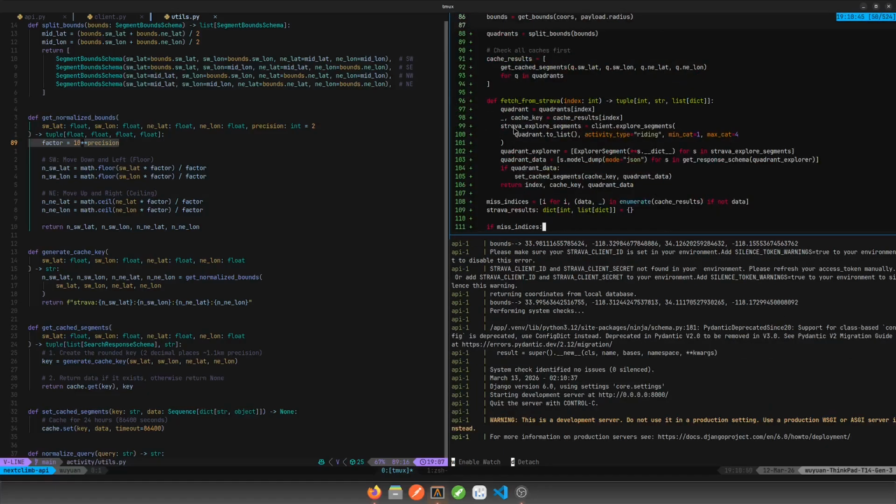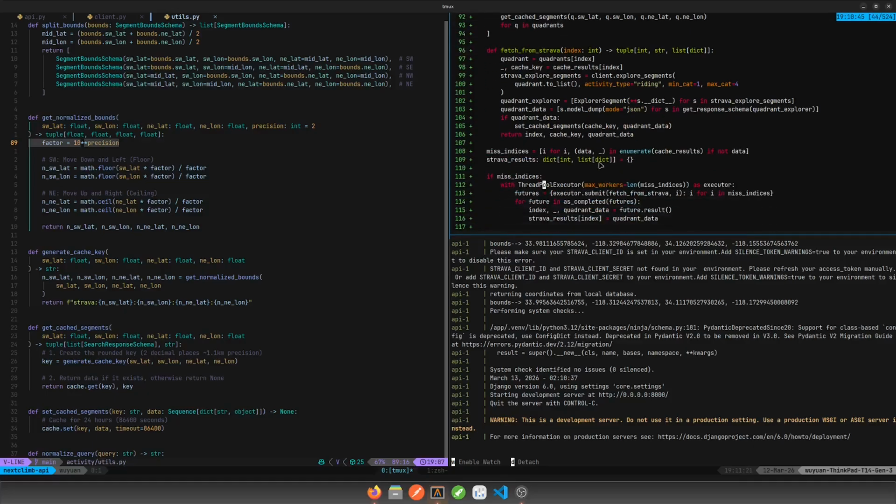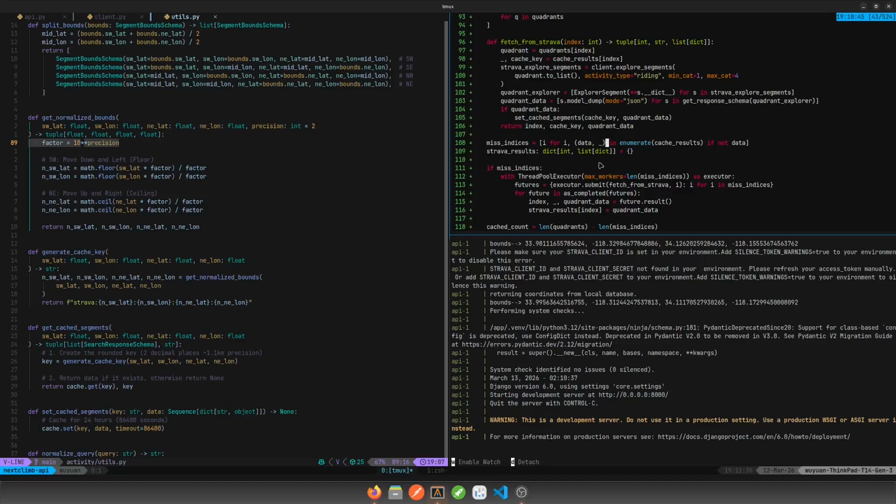Let's see. Okay, so I think it created a new function called fetch from Strava. It created an inner function, which I'm okay with. Here is quadrants, so we have split bounds. Then check the cache first and then fetch from Strava. Let's see, miss indices. Okay, so right here we're checking